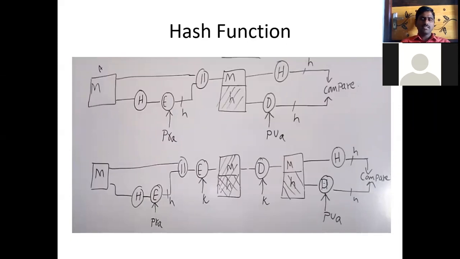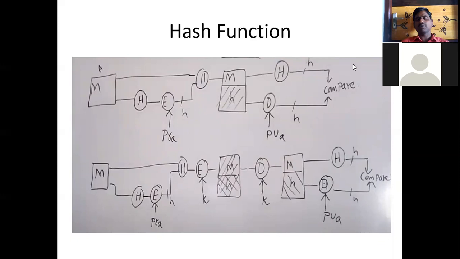So both are attended. Here you can observe in the diagram, M and H is with a crossed line. It is called encrypted. So here you can see the M is as it is attended. On the output of hash function, you have performed the encryption. So that is represented with a small h. Okay, and now you have to perform the decryption only on this. So here it is decryption.